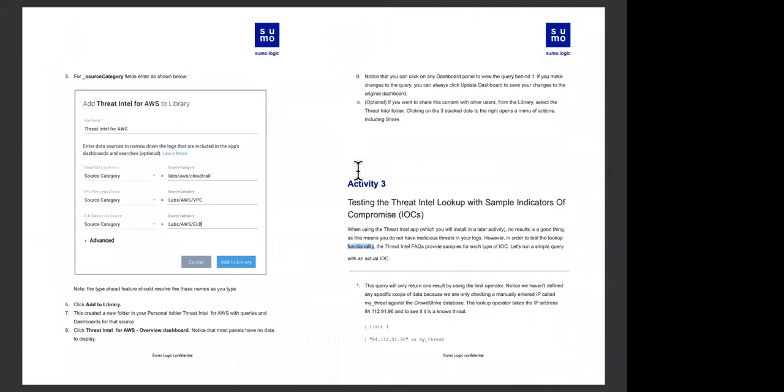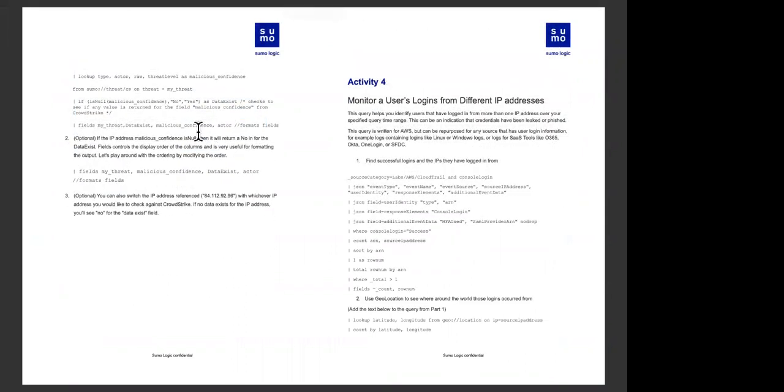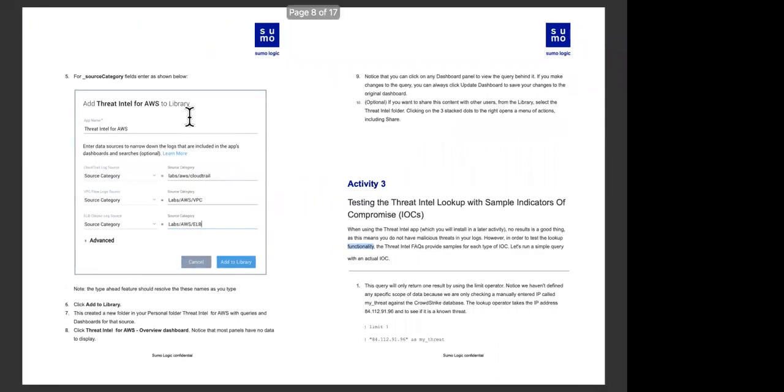Now, next thing we want to talk about is, how does this query happen? How do these queries go to make something happen? And that's going to be activity number 3. So here in activity number 3, what we're going to do is take some code and copy that code.